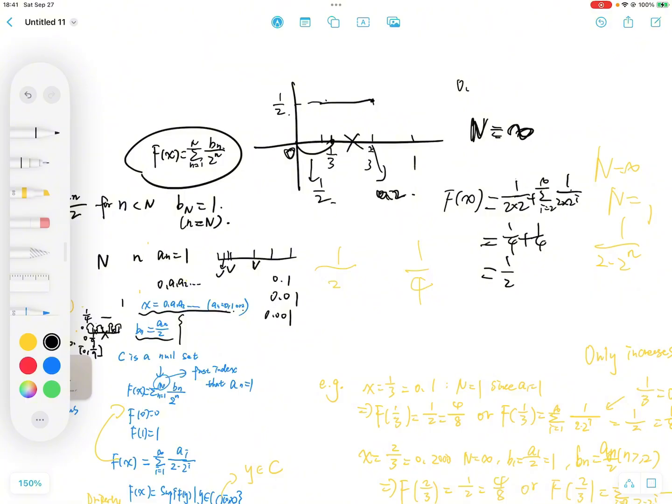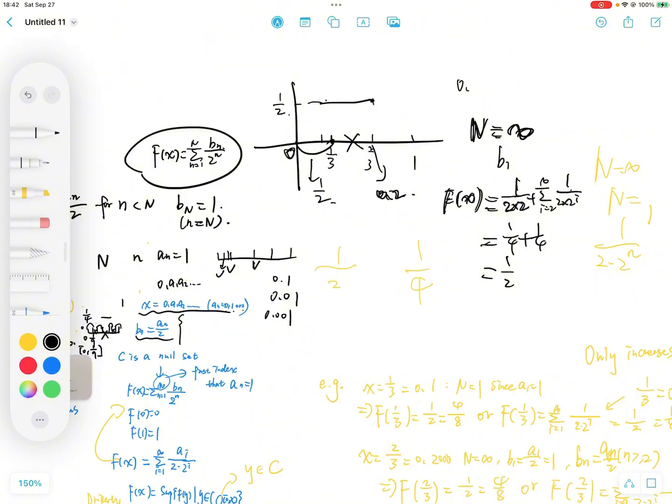Because we just think it never appears 1, but at the infinity point it appears 1. And here we just write down f(x) equals